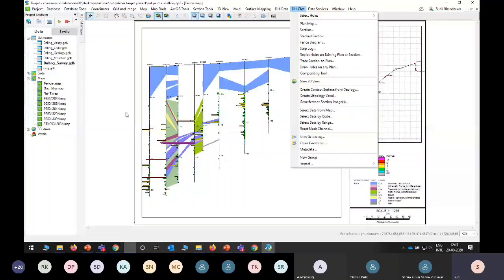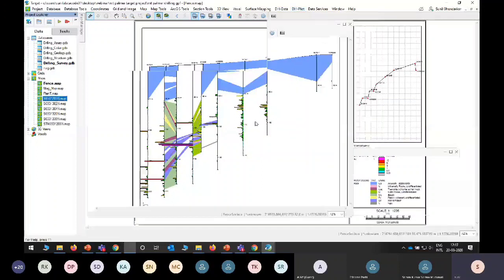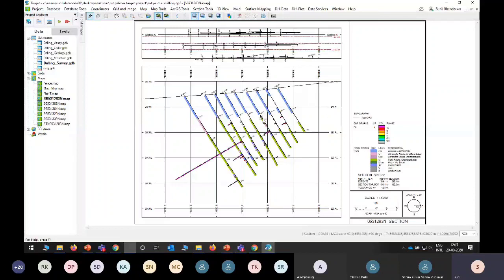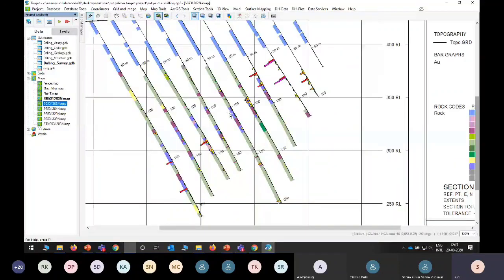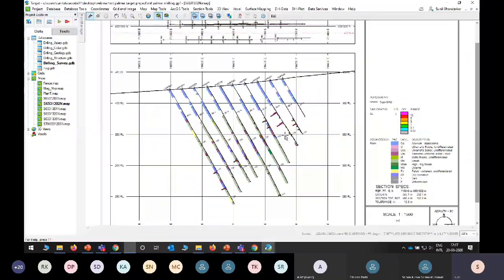So here we need to create a geostring. For geostring, our cross section must be open. Here you can visualize the boreholes. One more thing is that we can add a grid here also, so that we can easily demarcate the ore zone, or on the basis of lithology or bar value we can easily demarcate it. So for that we need to first create a new geostring file. The geostring file is your interpretation.